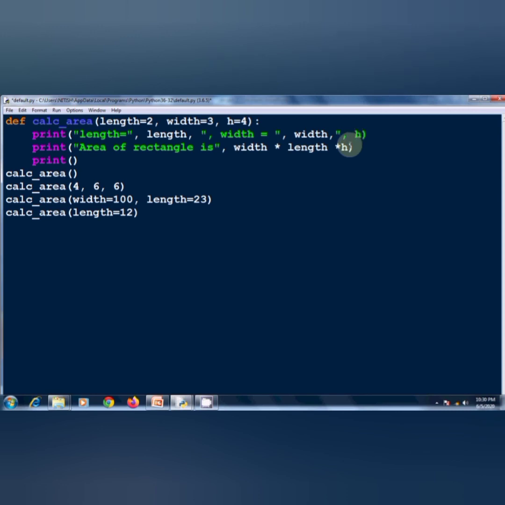Height will be equal to whatever the value of h is.